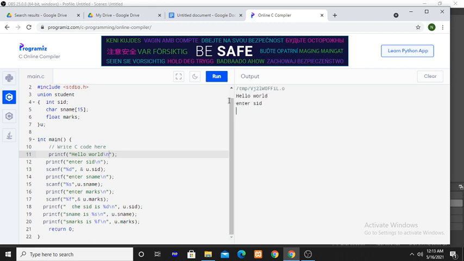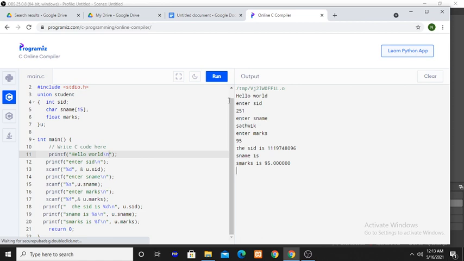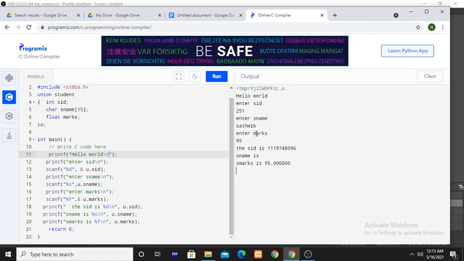Now I am entering the SID 251, I am entering the name, then marks. The SID is actually 251, which is the value I entered, but it displays a wrong value.